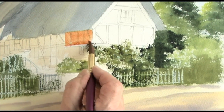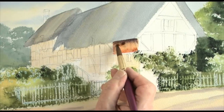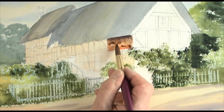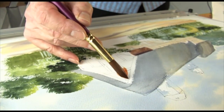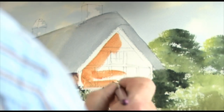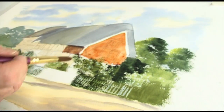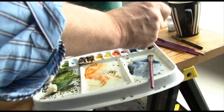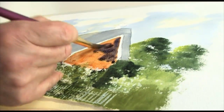Then with shadow, while it's still wet, run that underneath the eave. Then on the gable end of the cottage, same technique. So wash over the whole of the gable end. And then while it's still wet, shadow and drop the darker colour into the light,